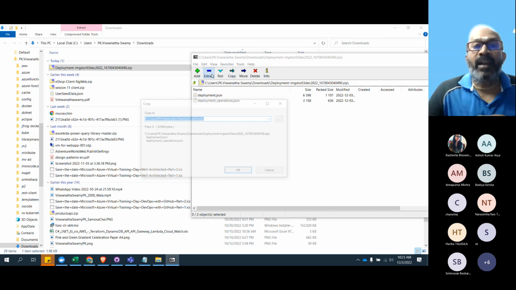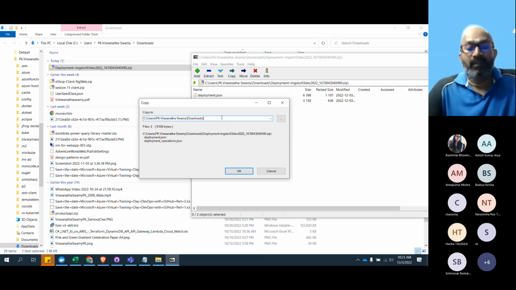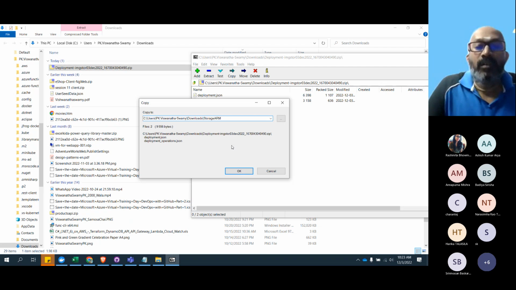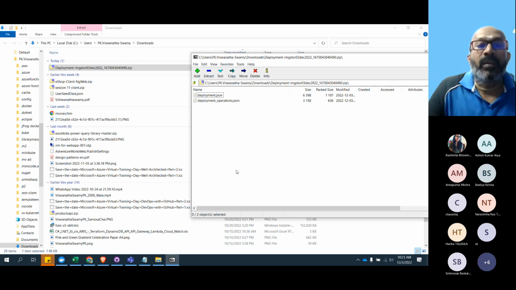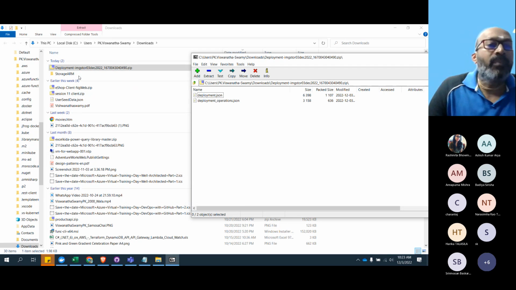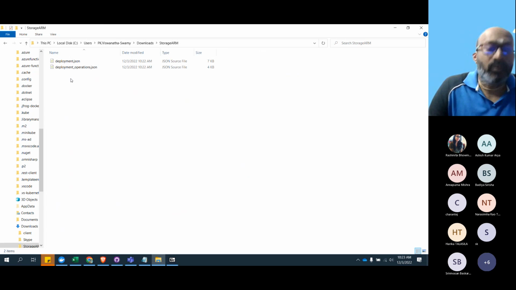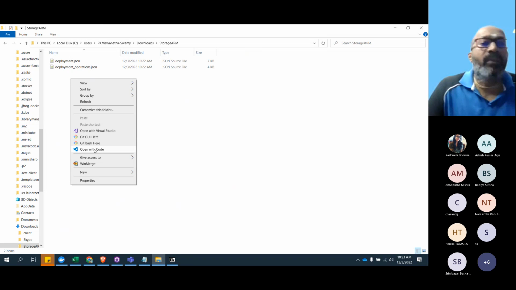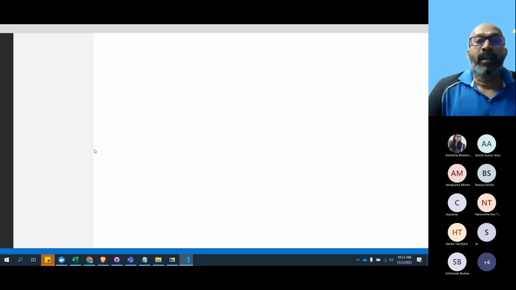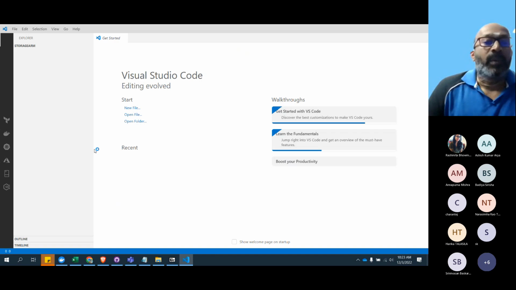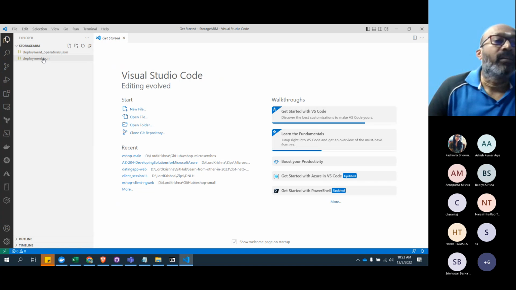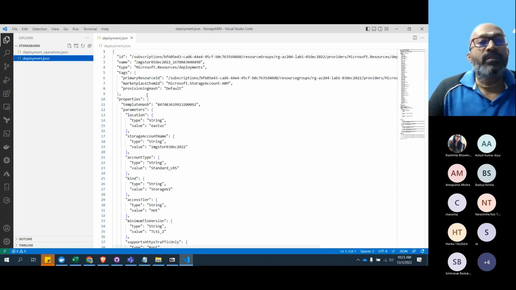If I extract this here, there'll be some pieces which we need to learn, but the rest of the pieces will be very, very easy.